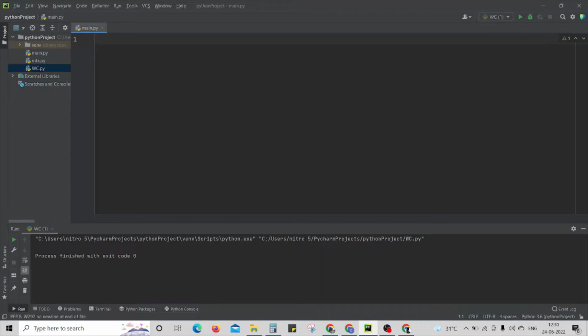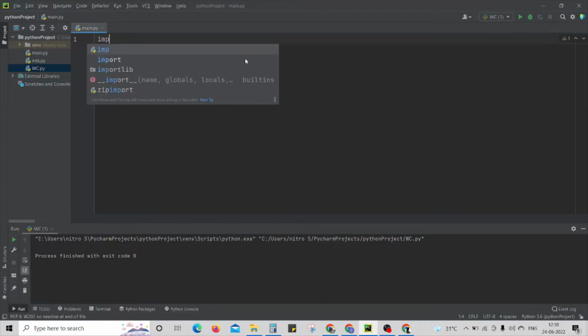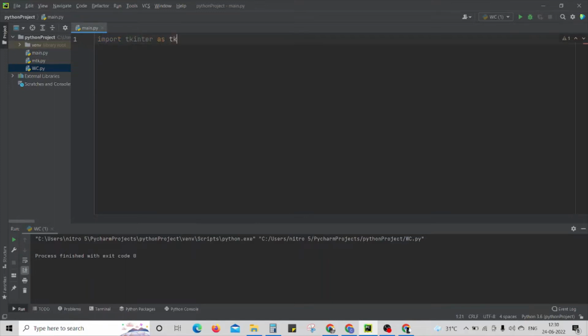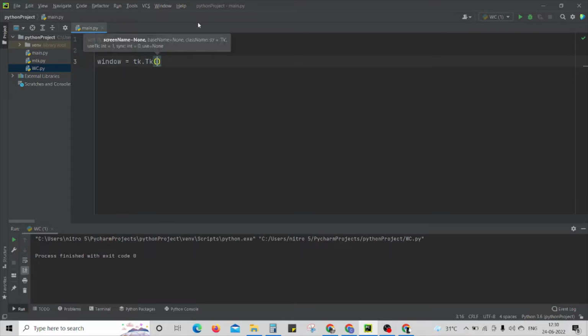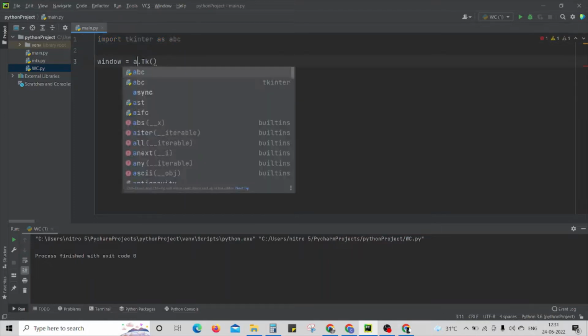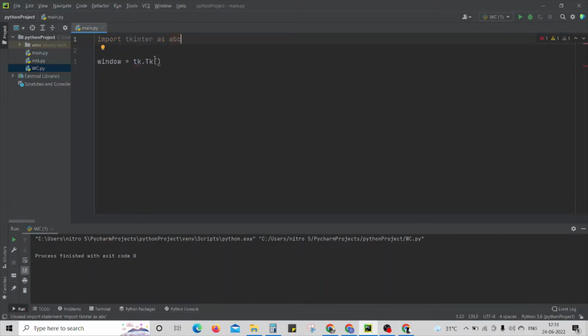The library which we are going to use over here is Tkinter. So we'll import Tkinter as tk. First we'll create a window. We'll create a variable named window equals to tk dot capital T, small k. What is this? The small tk is basically the alias which we are using over here. If I write ABC, I have to write ABC over here. It's that simple. And this Tk is basically a class inside tkinter which will help us to make a